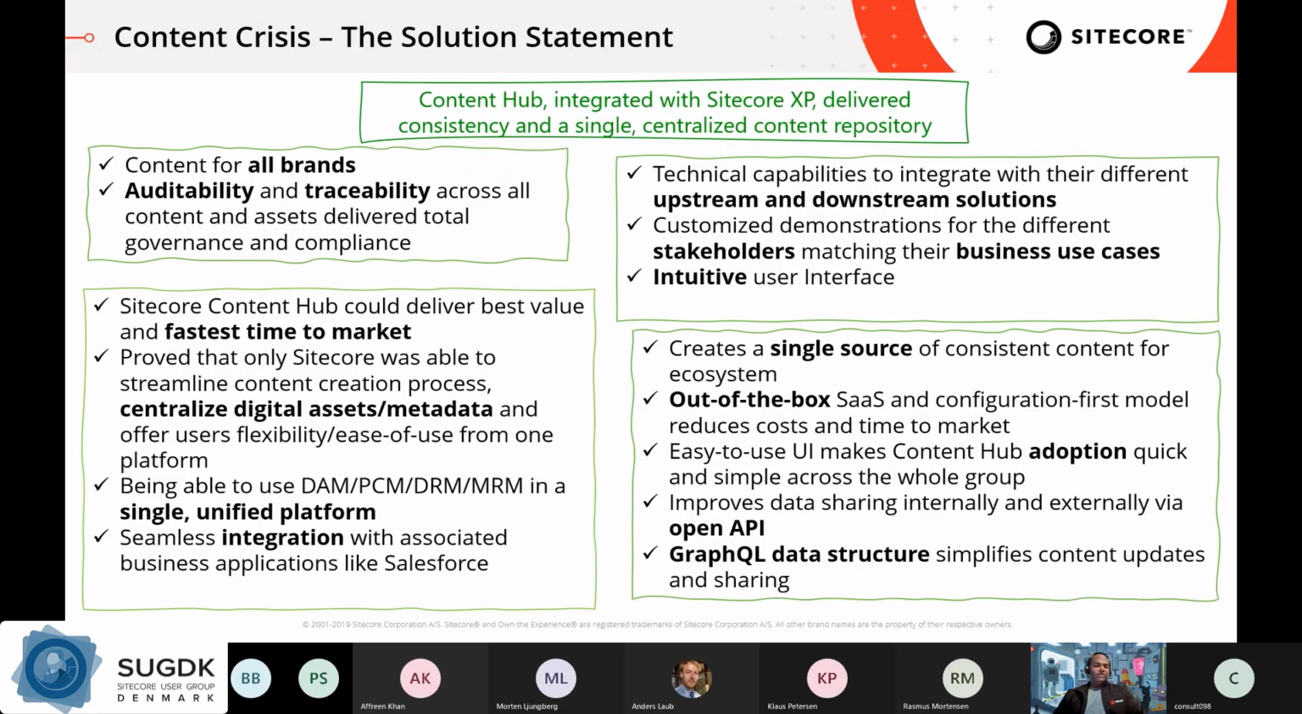So from Sitecore's point of view, the solution is Content Hub that integrates with Sitecore. So you have content of all the brands in one place. You can do accountability, traceability, and also governance. So that's one of the solutions for the problem you have. Then you have the technical capability to integrate with different upstream and downstream solutions. Content Hub, because it is a SaaS solution, you can actually deliver best value and fast time to market. You can use other